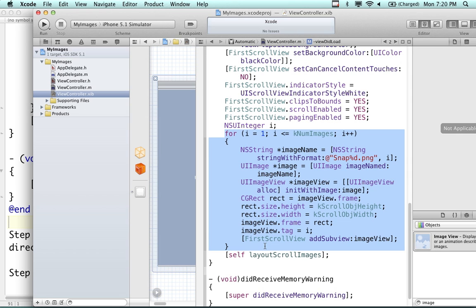So for i equal to 1, i less than or equal to the number of images. Well, we set the number of images to 3, so we know it's only going to load 3. And a string, imageName, is going to be equal to, create a new string, and the string is going to hold a wildcard in here, so it's going to be the number i. So we're going to start with i equal to 1, so the first image is going to be